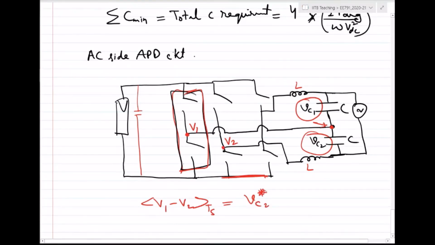You can still use obviously these H-bridge switches S1, S2, S3, S4. They would be controlled to, let's say, control the active power, the grid current, and so on. But these additional switches S5 and S6 can be controlled to control V1. And if you can control V1, you can ensure that the capacitor voltage is equal to the reference value.